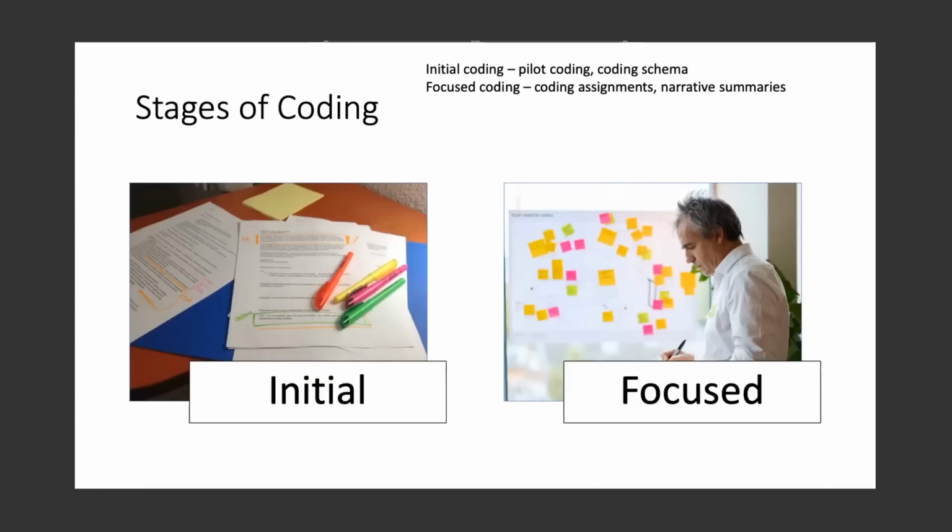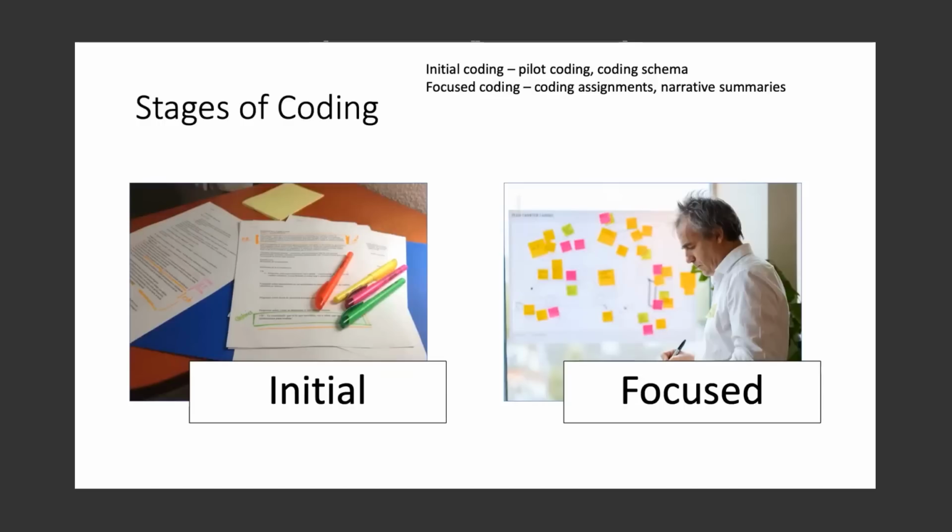So generally, there are two distinct stages of coding: initial and focused. And there are different terms for this as well. If you read methodological texts, initial coding may be called open coding or descriptive coding, and focused coding may be called, I don't remember the other word, but one other word is interpretive coding. But generally, initial coding tends to be more on the describing end: let me make sense of this data first, what's being said in these articles. Whereas focused coding is the thematic process: okay, now I've made a bunch of codes,